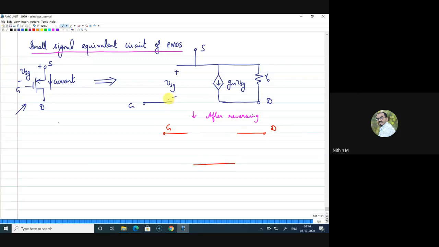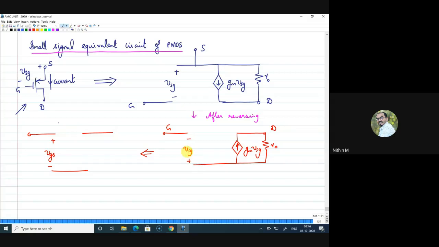And I'll keep the same way. So gate is this is minus, this is plus, and this is VSG. Now this is drain here, right? So I have to draw in this form. Since I have reversed it, I have to draw in this form. This is GM into VSG and this is the resistance R0. Right. Now you can see this is VSG is actually positive or your VGS is negative. So what I do is instead of writing it as minus plus VSG, I'll write this as VGS itself. So what change I should make there? If I want to write this as plus minus, I have to write this as VGS. Right.